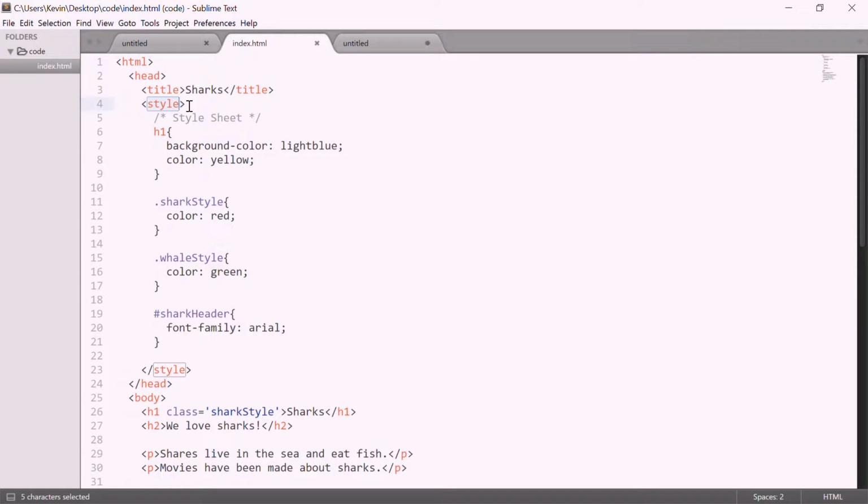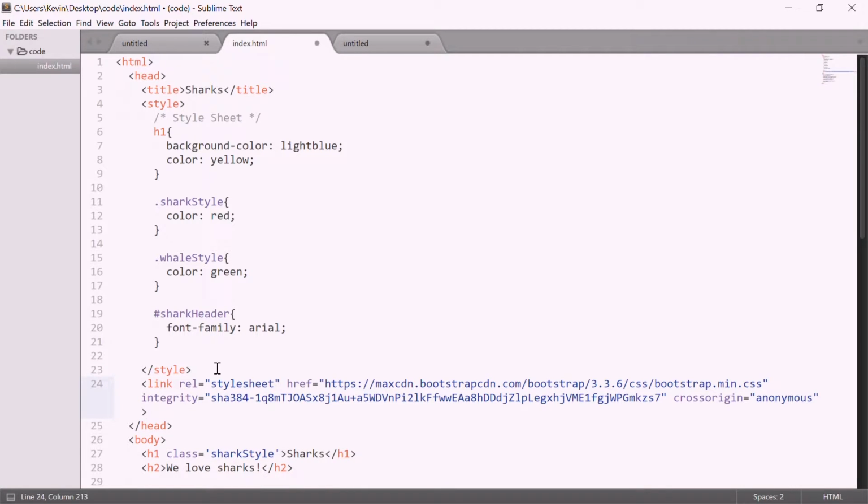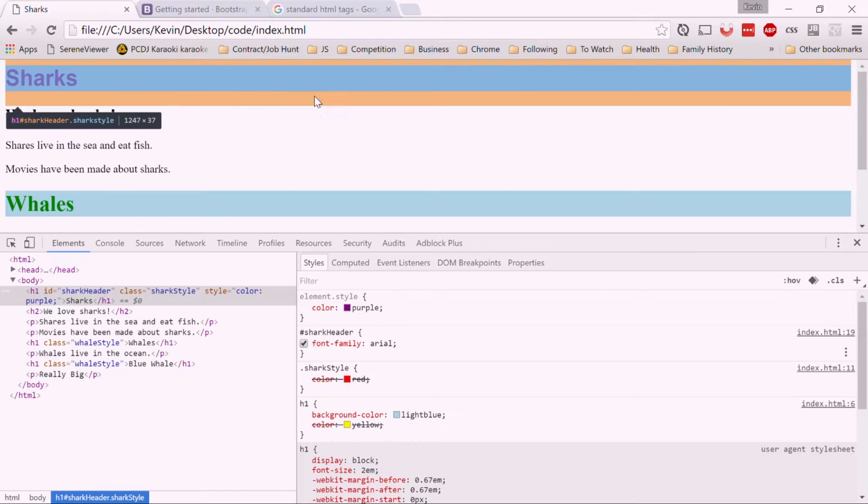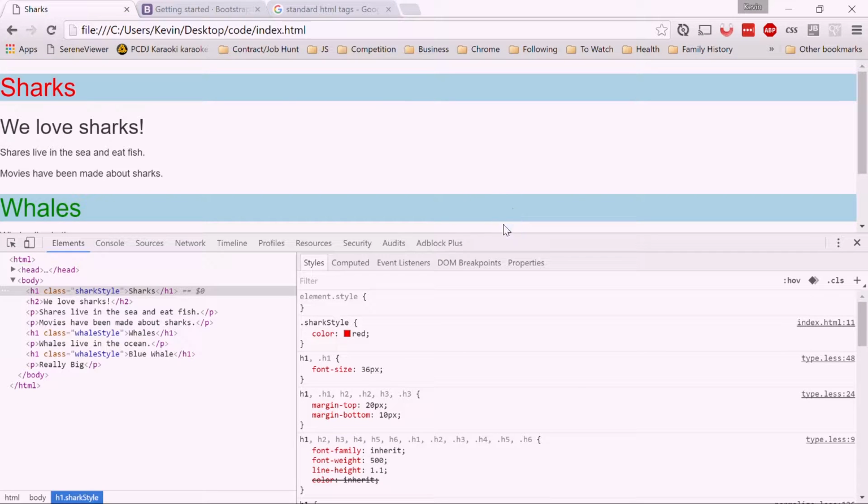So, talking about special styles or special tags that aren't rendered, link is another one here. So we have a link here, and get rid of all this extra stuff you don't need here. And this basically tells the web browser to go through and download this big style sheet, just a style sheet just like that, I can get rid of the min here so we can look at it, from this website on the internet. So we'll save that, refresh the page here,